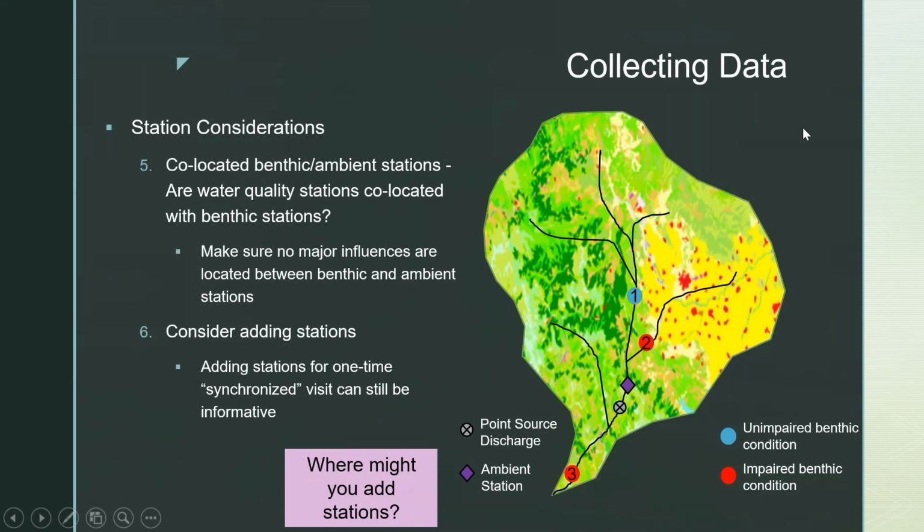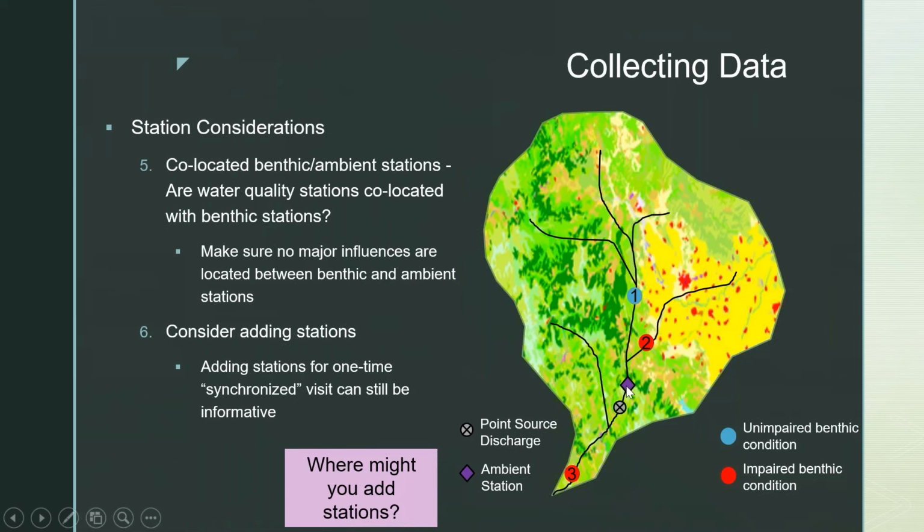All right, and some station considerations. Co-location, again, is really important. The more co-located sites we can have, the better off we are. And then consider adding stations. They don't have to be long-term stations. You can gain a lot of information just from a one-time synchronized visit where you go and, in this case, maybe you do benthic monitoring at stations 1, 2, and 3, but maybe you add another station here at the